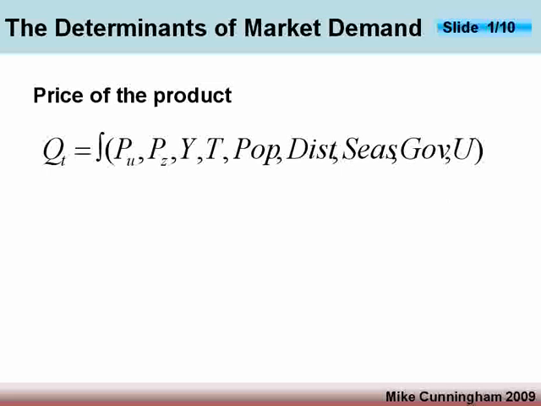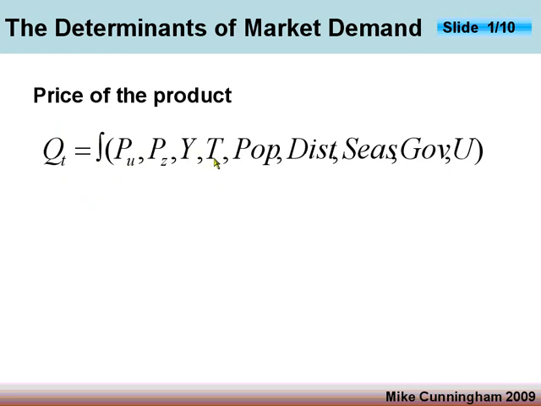Here's our demand function, or demand equation. Let's put the cursor onto the page. Here we've got the quantity demanded per unit of time. Quantity demanded per unit of time depends on, that's what this symbol means, depends on. So it depends on the price per unit, the price of alternative goods,